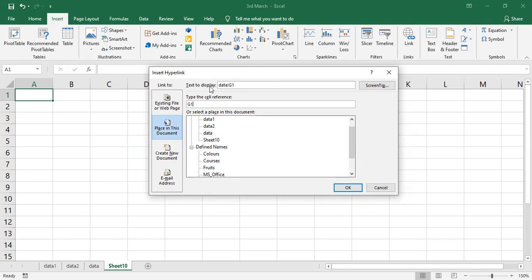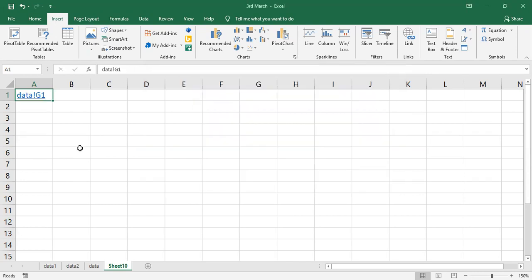Here it is showing Text to display. First I selected this data sheet. Then I specified in that data sheet which cell it should link to, in Type the cell reference. Now just click OK.